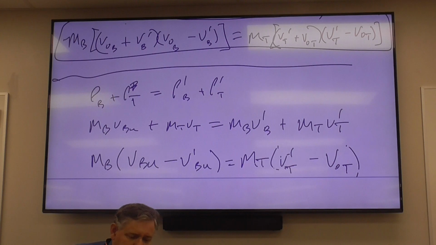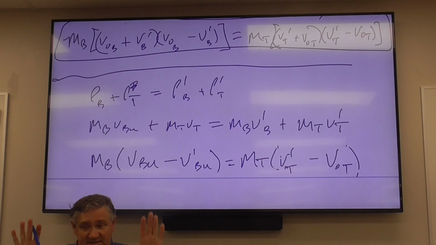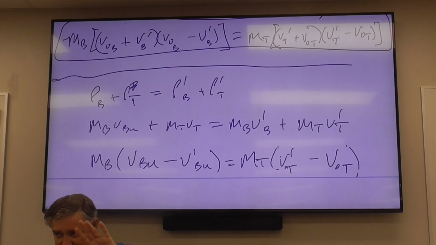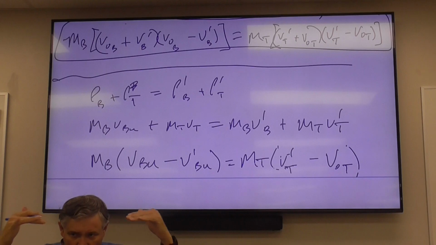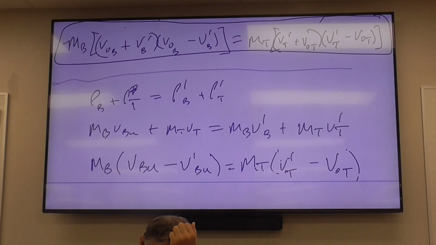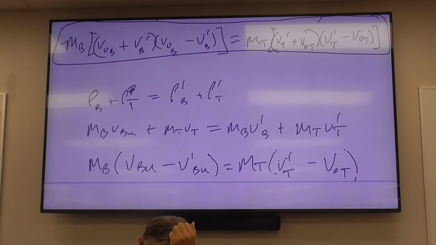Now, because you have to work with both systems at the same time, since both momentum and energy have to be conserved, what I'm going to do is take this line up here and divide it by the momentum line. There's rationale for this. So I'm going to take this, and I'm going to divide by